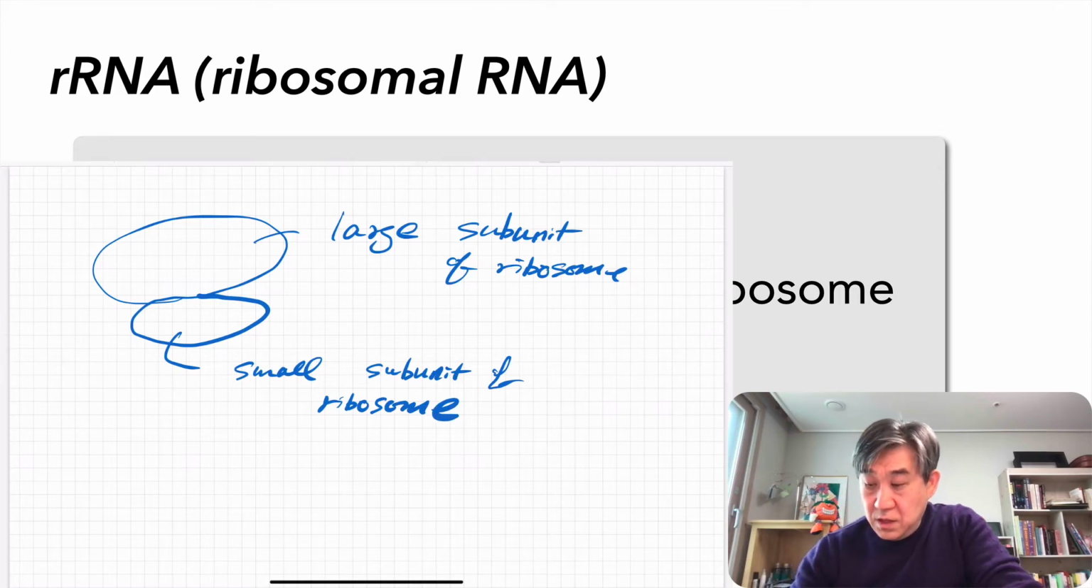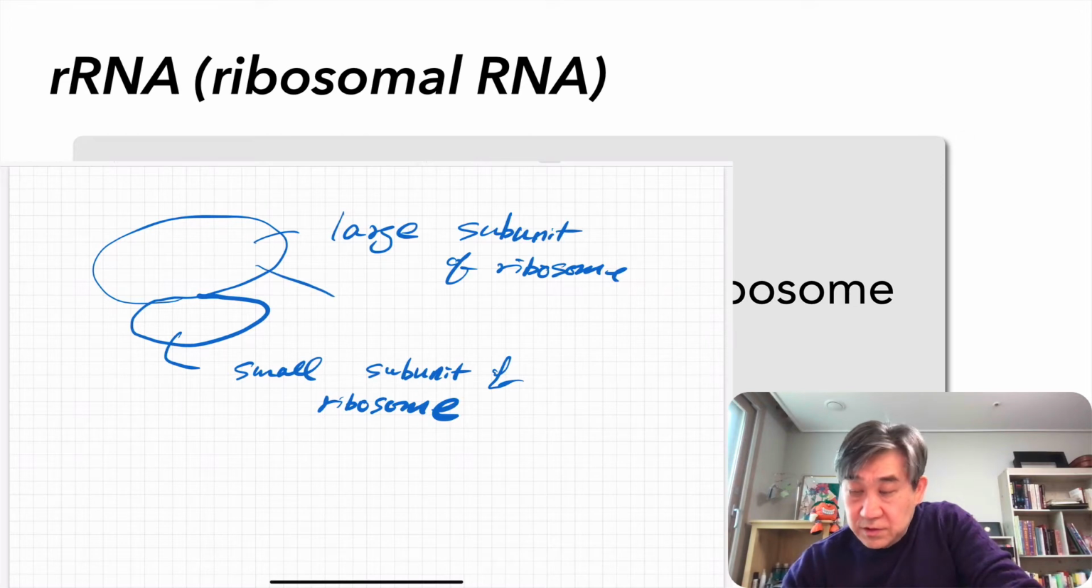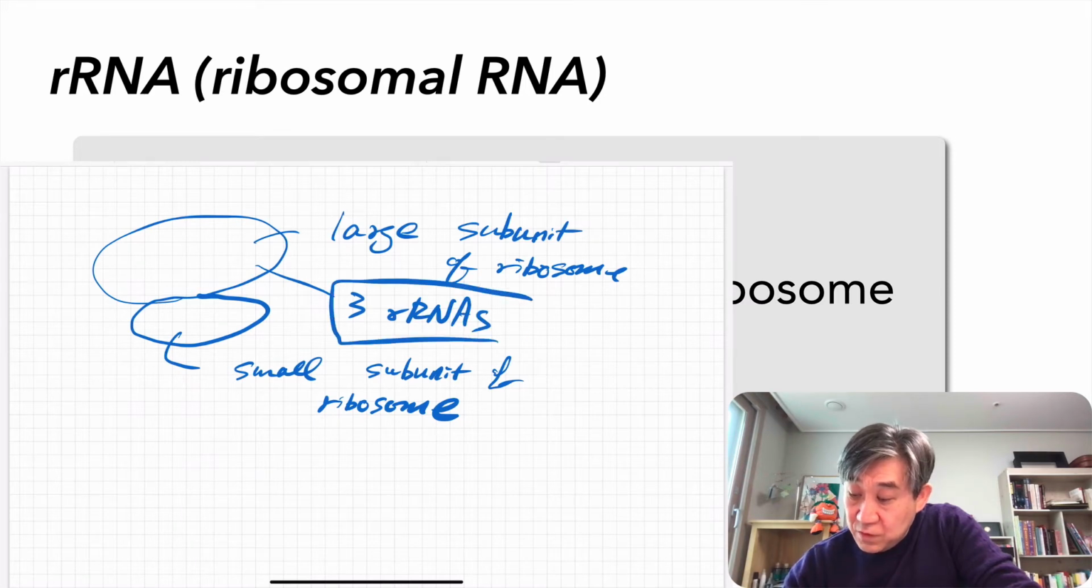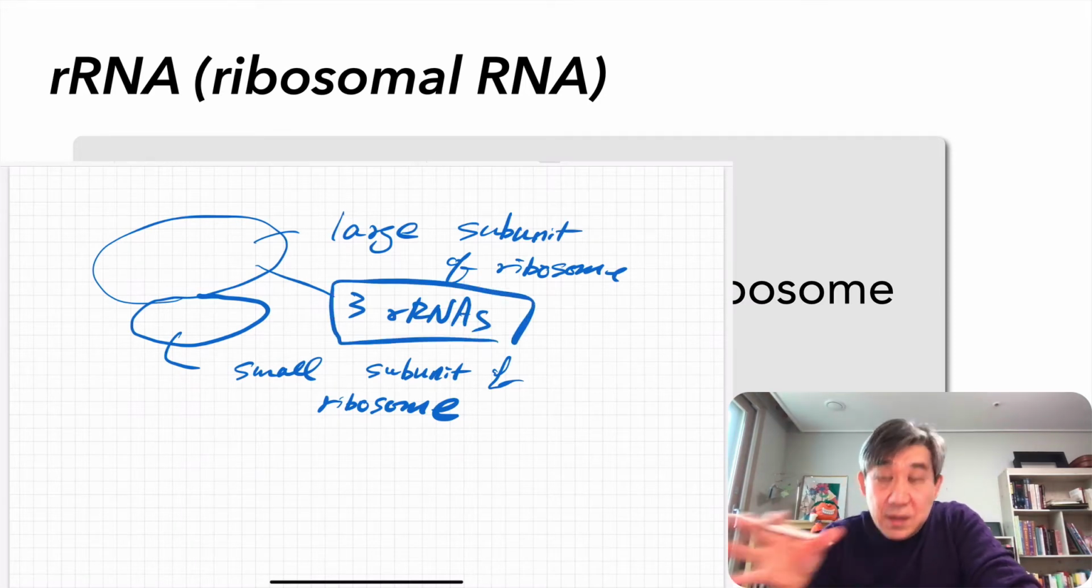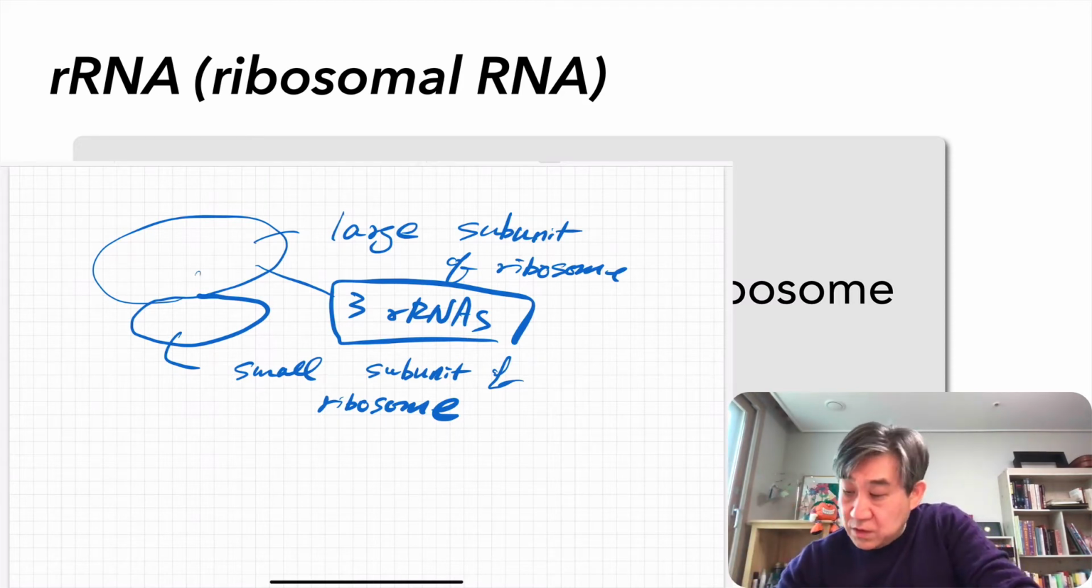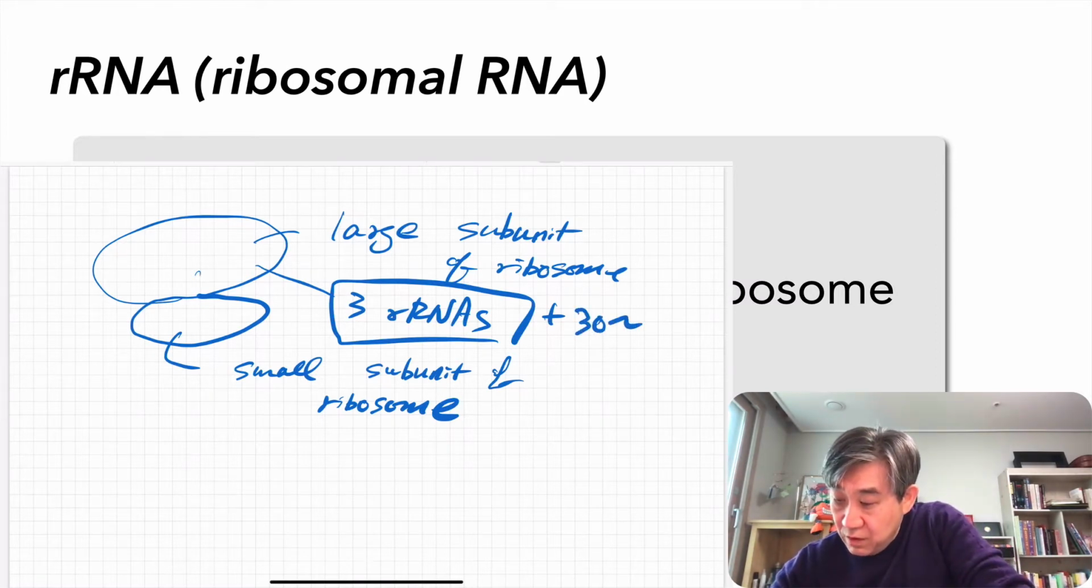Then each subunit, small or large, consists of several kinds of ribosomal RNA. In the case of the large subunit of a eukaryotic ribosome, there are 3 different ribosomal RNAs, and you don't have to worry about which particular ribosome, but anyway, several different kinds of ribosomal RNA mixed with many different ribosomal proteins, something like 30 or 40 different proteins,